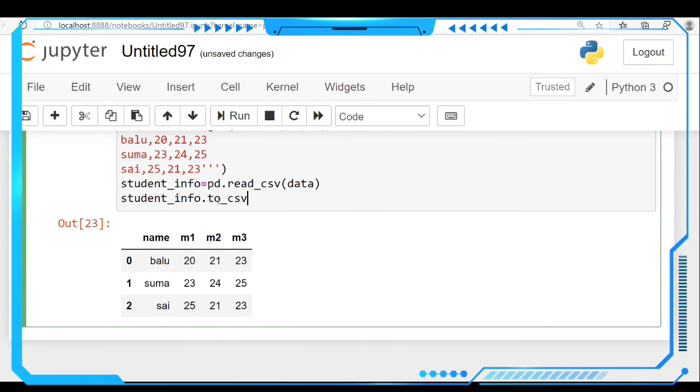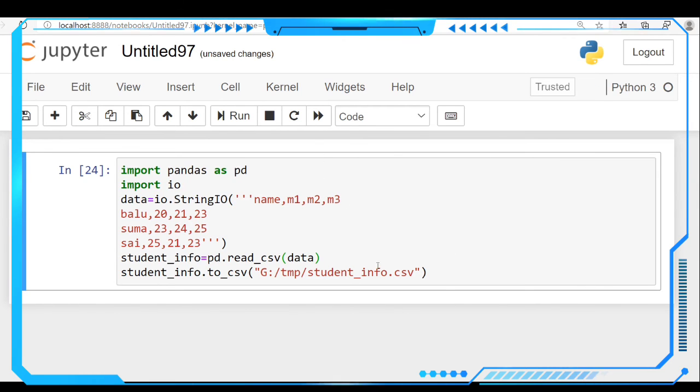We are going to convert this variable into a CSV file at the location here. Python takes the backslash as a backslash here, and we have to name it student_info.csv. We have to specify the file format, and let's run this.